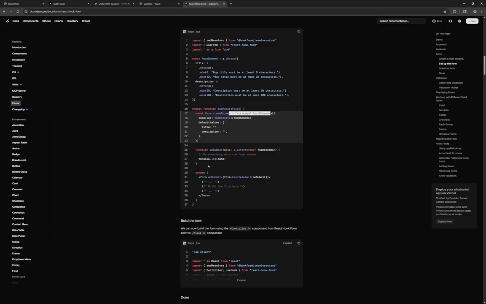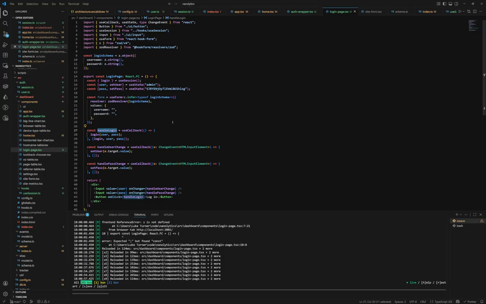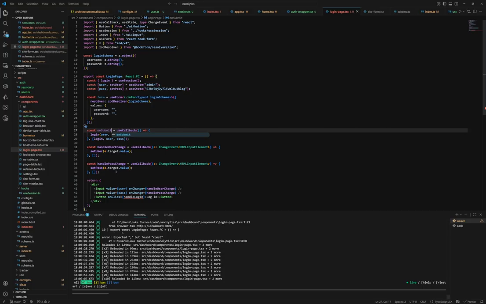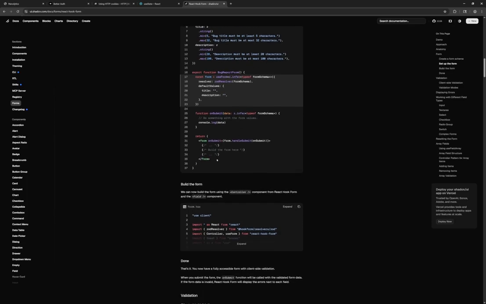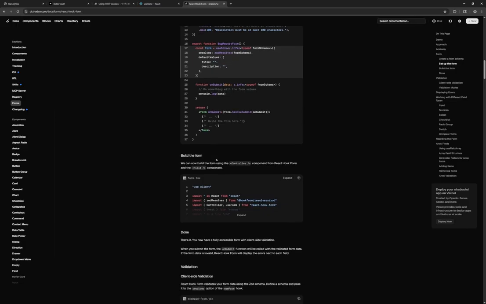And then, we need our onSubmit function. That's going to be this, handleLogin. Let's rename it for consistency. onSubmit. I don't think we need either of those anymore. So then